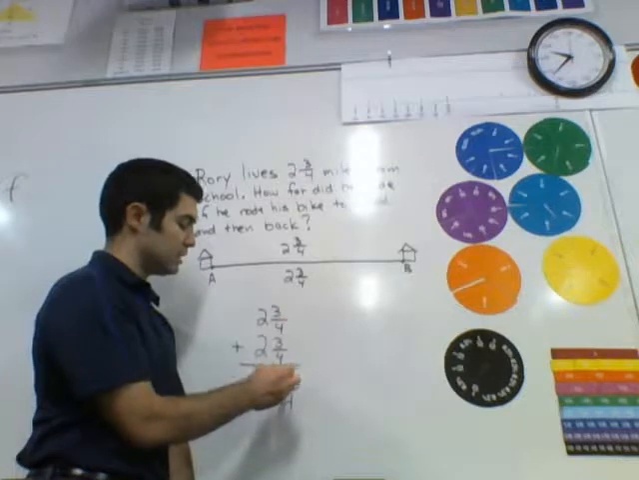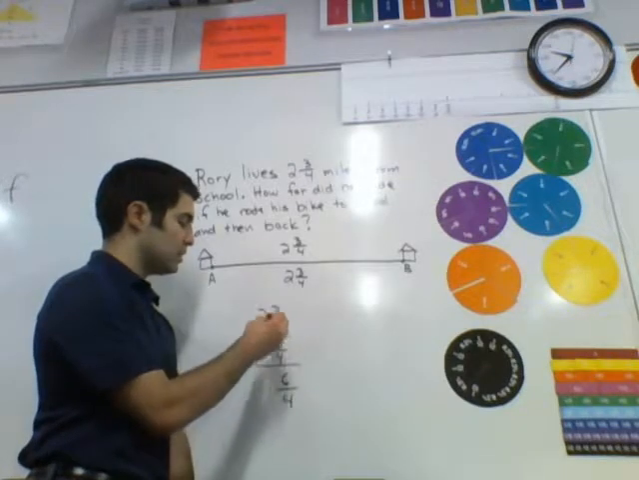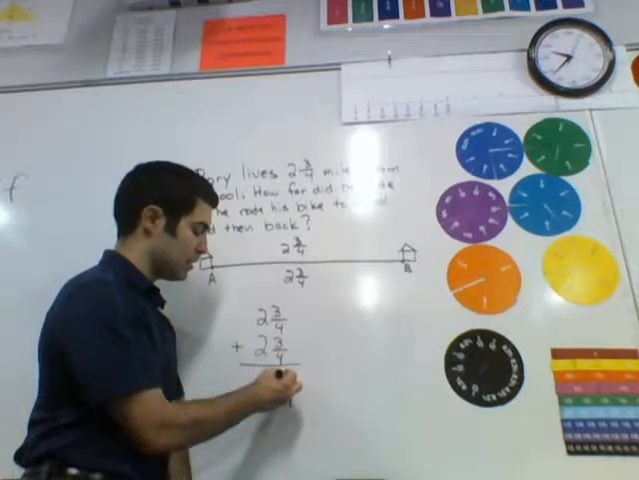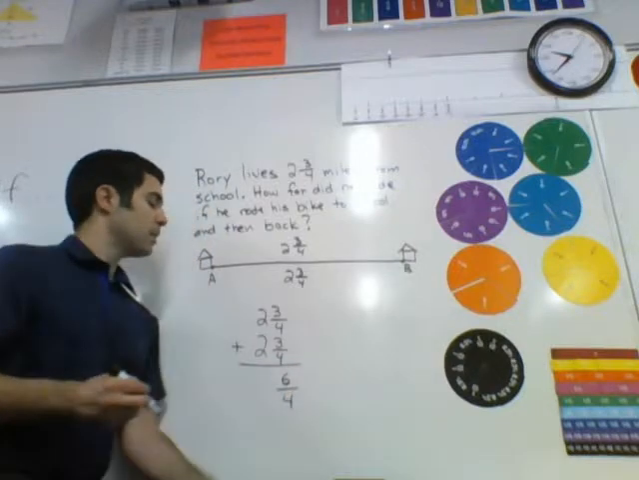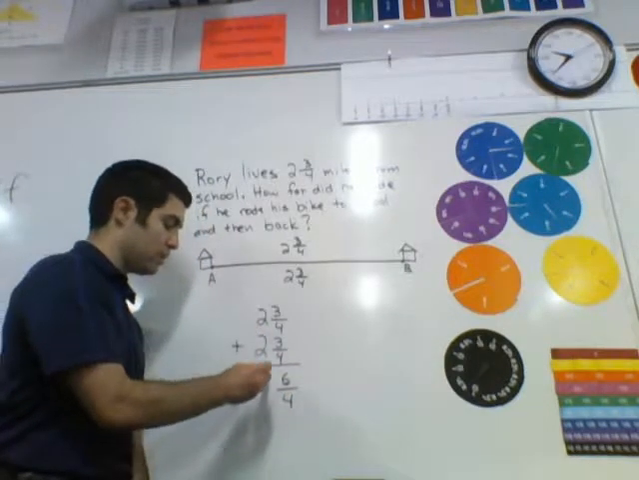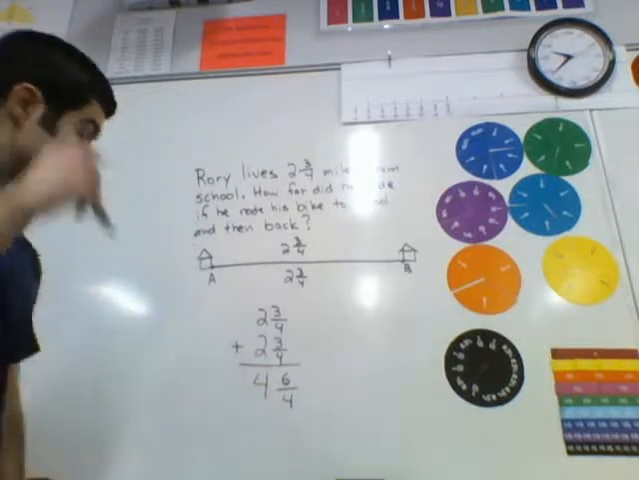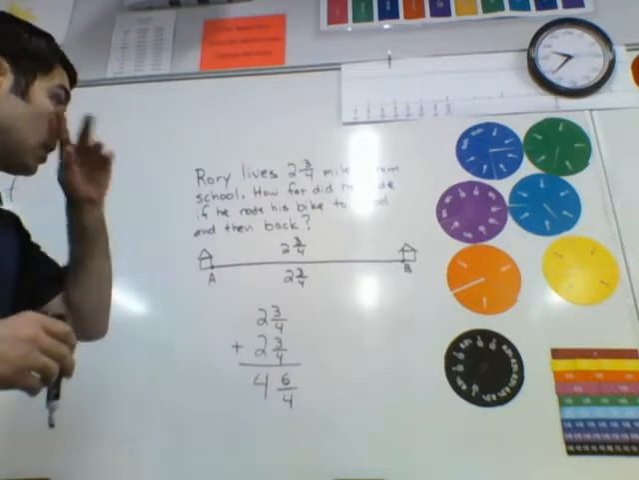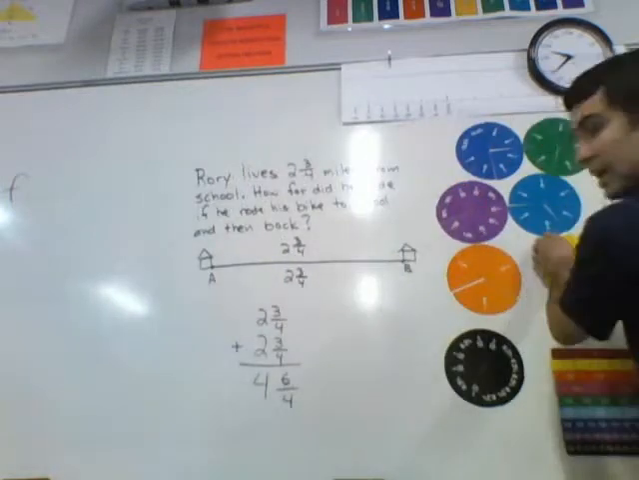3 plus 3 is 6. I took this 3 and this 3, added them together, got 6. All right, and then you add your whole numbers. 2 plus 2 is 4. Okay, so he did 4 6/4 of a mile. All right, so we already established